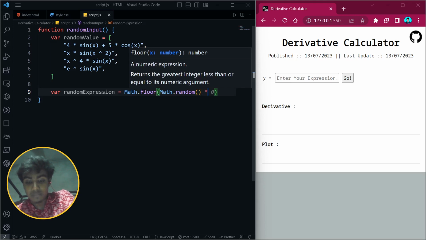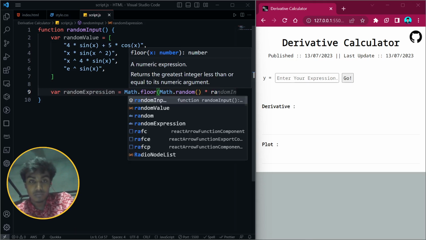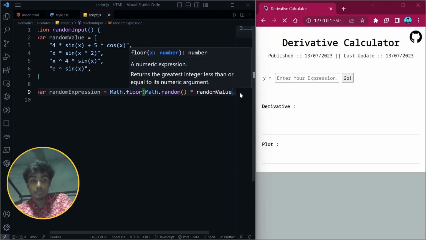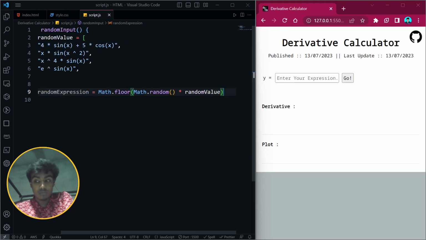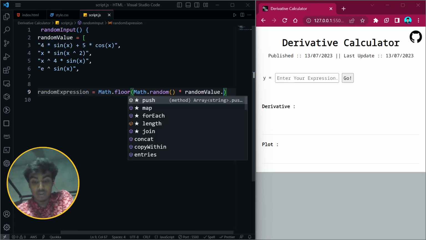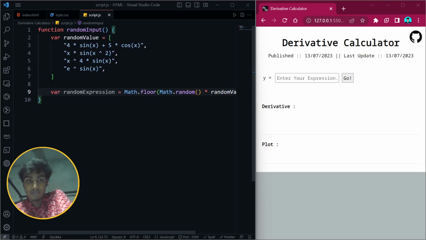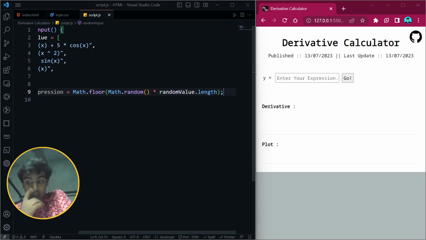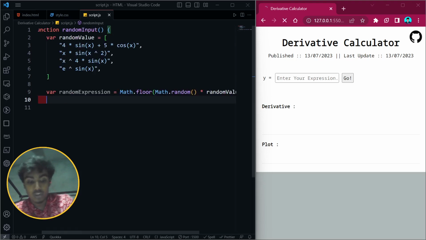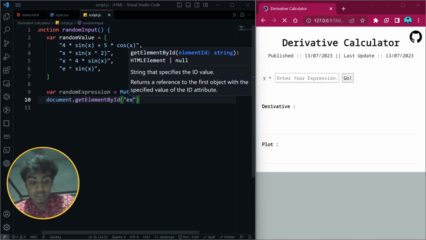and it will be multiplied by our random values. Okay, so random values here, randomValues.length, I want .length. And what I have to do, I have to put it here. So for that I have to call this by document.getElementById, and the id name, I think that was expression. I will call the expression here, and here I will access the value of it,